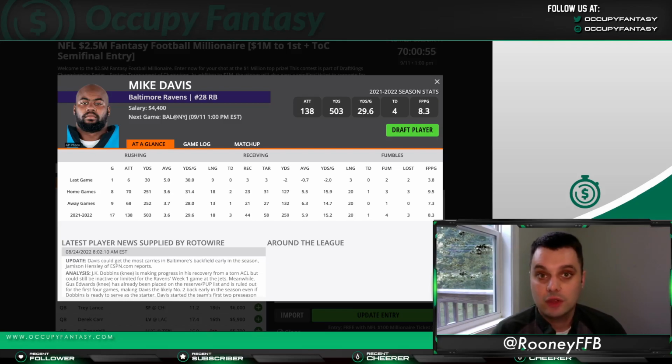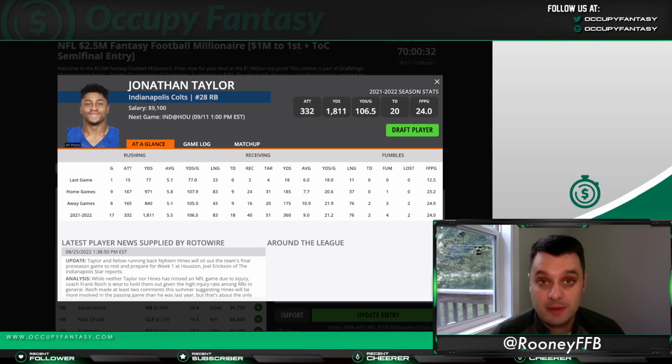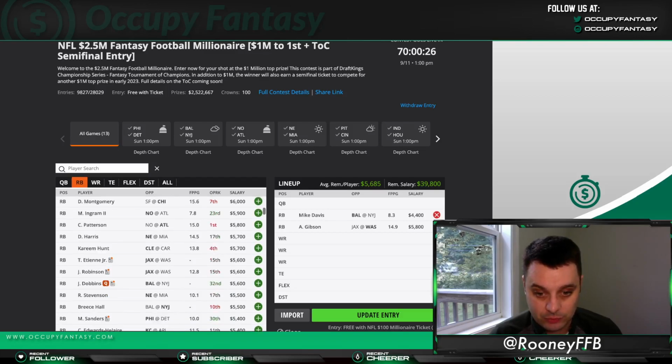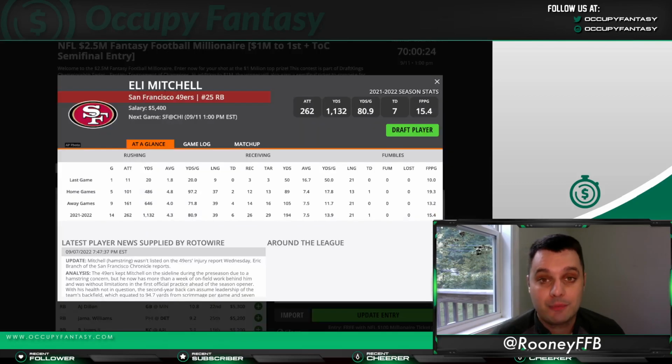The Ravens, the Colts, and the 49ers are each favored by a touchdown in their games this weekend. That means we're not interested in just Davis as a big favorite, especially as a value play if it goes that way. But we also should be considering Jonathan Taylor, big favorite against the Houston Texans. We should at least be passively interested in Elijah Mitchell, who has been in bubble wrap for the 49ers throughout